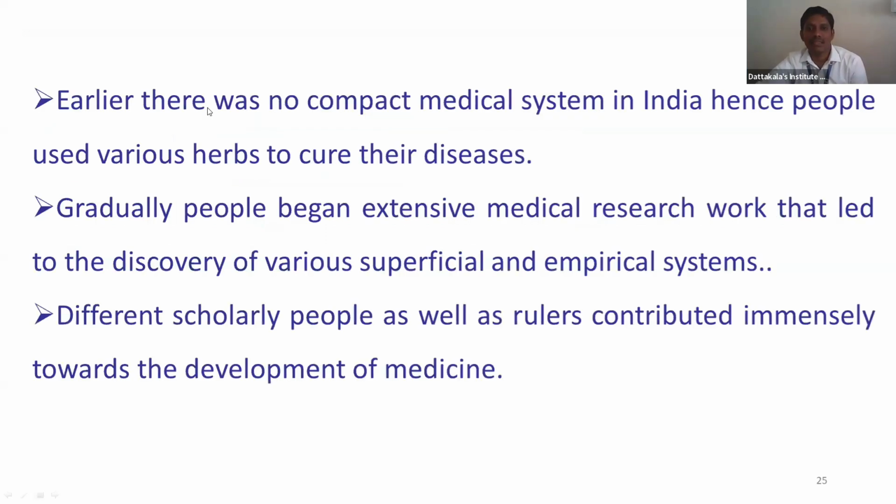And earlier there was no compact medical system in India. Because of that, in olden days people used the Ayurvedic system, Siddha system, Unani or naturopathy. Not only that, yoga currently is also one of the systems. But in olden days, in most cases they used Ayurveda, using various herbs for the treatment of diseases and infections. Gradually, the people began